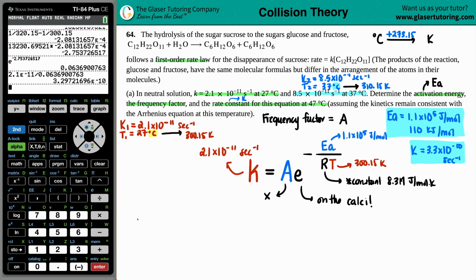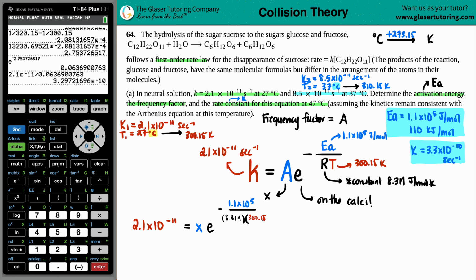So we're going to say 2.1 times 10 to the negative 11th equals our X value, and then it's E raised to the negative 1.1 times 10 to the 5th, and then we have 8.314 times the